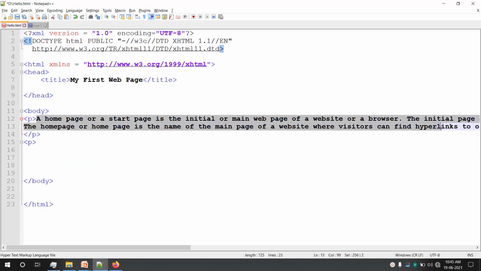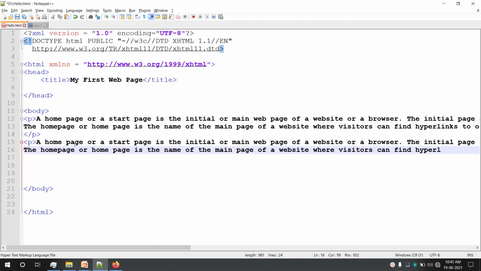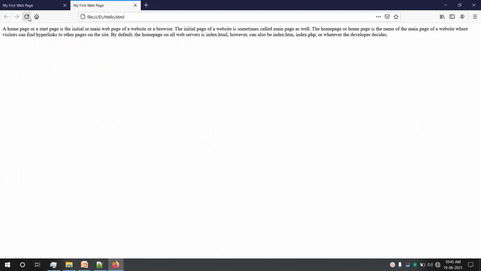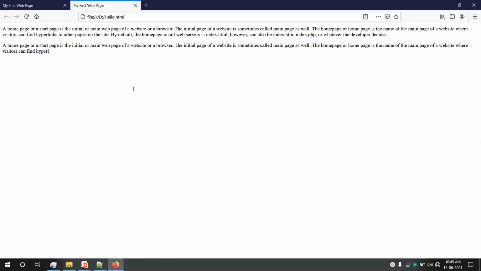I'll just copy it. And I'll save it, and let us refresh the page. Now you can see there is a difference.